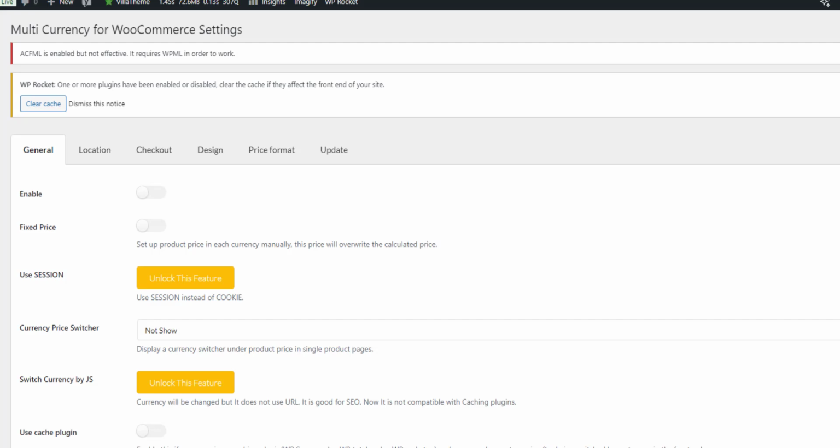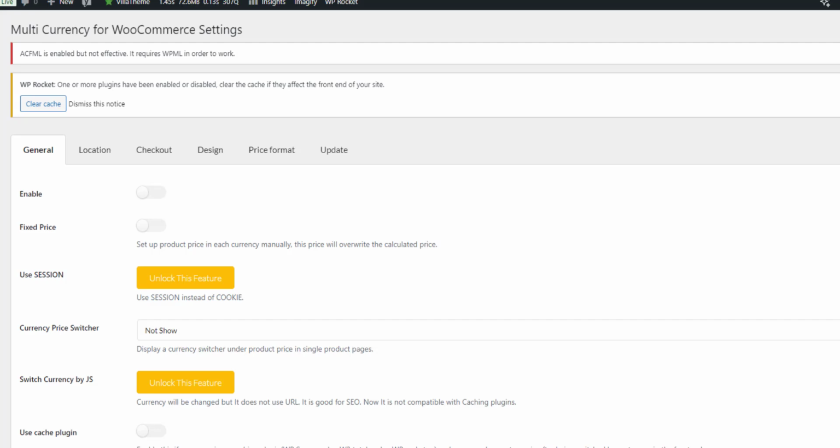In this video, I want to show you a plugin that allows you to add multiple currency support to your WooCommerce store. Normally, I'm not a huge fan of plugins that only do currency. I like to do a full multi-language, multi-currency setup for the sites I build with my clients. But if you've got limited budget and can't afford the translation part of the project, going for just currency is